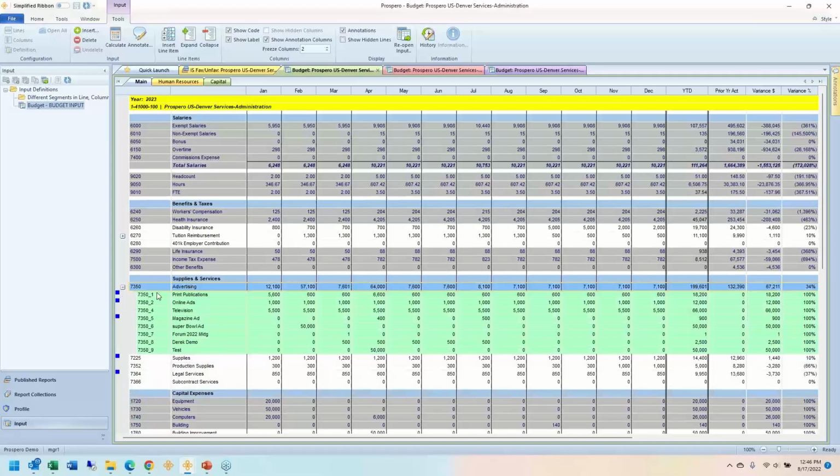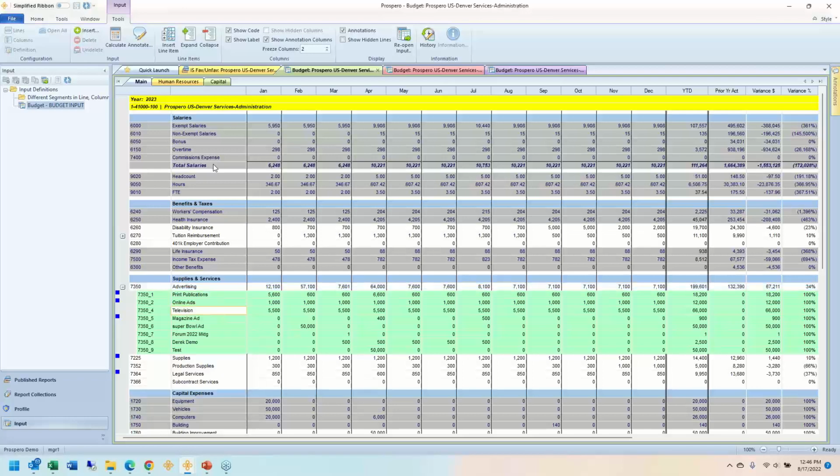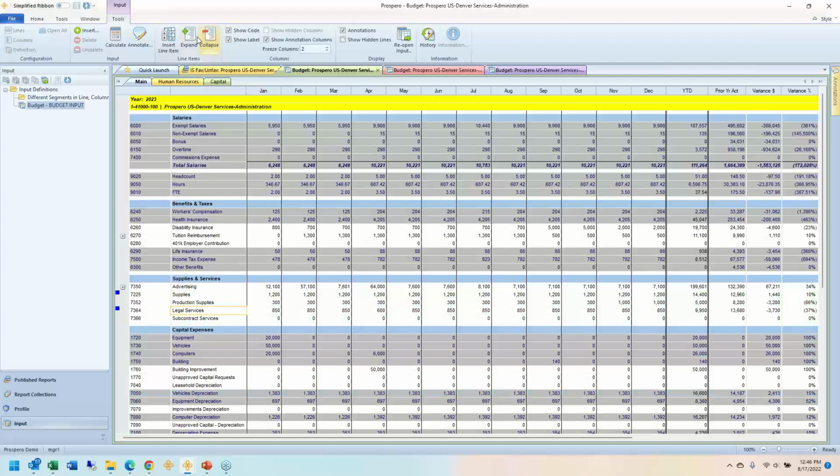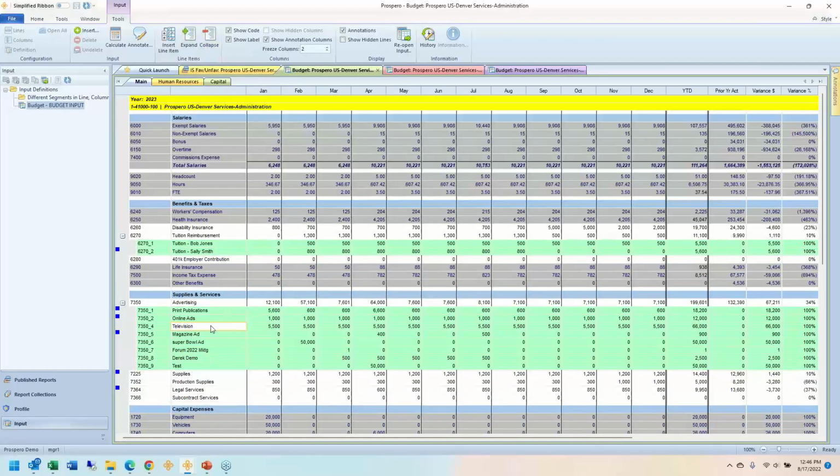Let's say I'm in marketing and Derek just budgeted $200,000 for marketing, but why the heck did he do so? And what I can easily do through a right click, I can right click to do or insert line items. Just like in the toolbar, I'll use the same button here. I'm going to collapse all the line items or expand. So here is maybe one example, account 7350, my advertising expense account, or here might be tuition or travel that